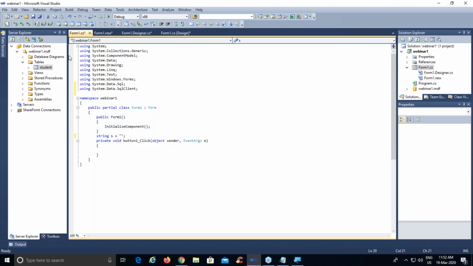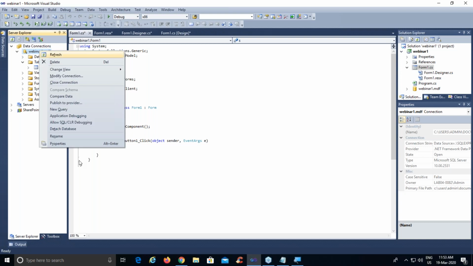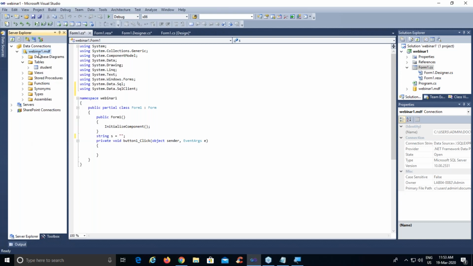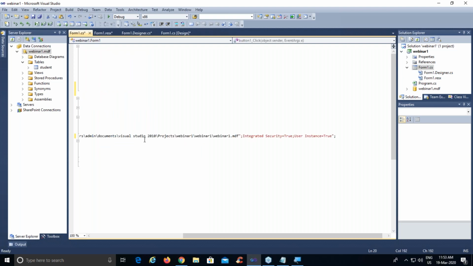So now to get the connection string, we'll go back to the Server Explorer, go to the webinar.mdf file, that is the database file. Either right click and go to properties or directly click F4. On the right hand side, you will see a property window. In that, you will have a connection string menu. Double click on it or place your cursor here and press Ctrl A to select the connection string. Copy it and paste between these two double quotes. So you see your connection string has been pasted here.